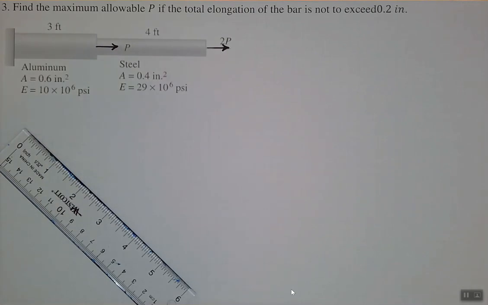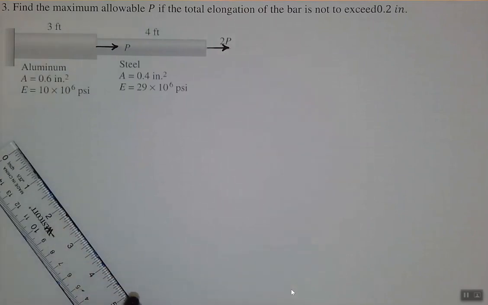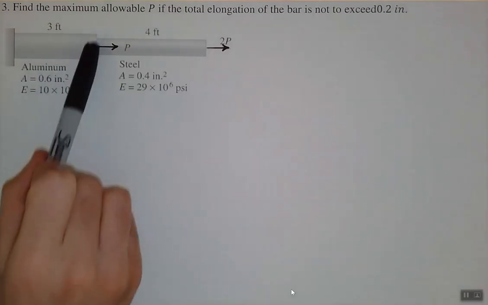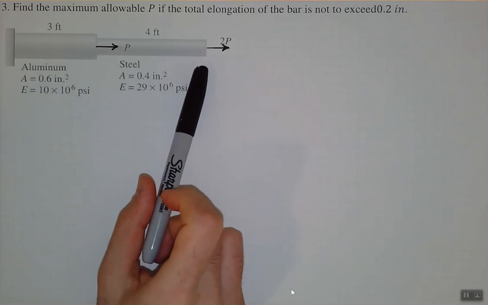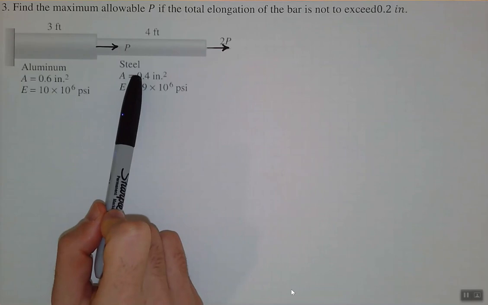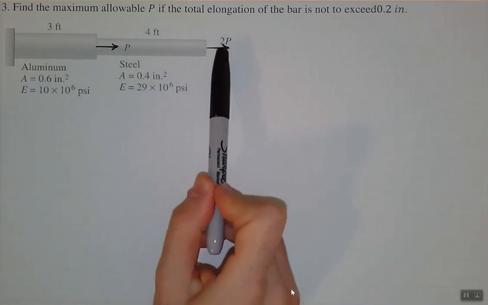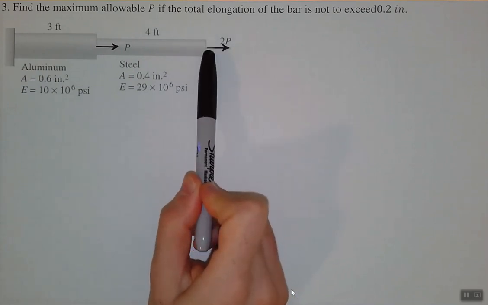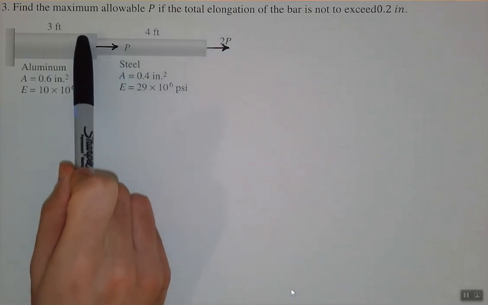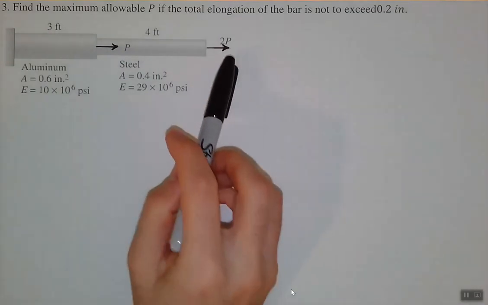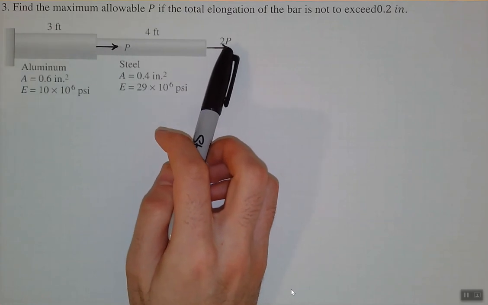Alright, so question 3 is an interesting question. It's easy, but we need to pay attention to the details in order to avoid any mistake. So let's see what we have in this question. We have a rod made out of aluminum and steel. This portion is 3 feet and this portion is 4 feet, and then we apply a 2P load at the very end, and then we apply a load P at this end. And so the question is asking us, what is the maximum load that we allow to apply